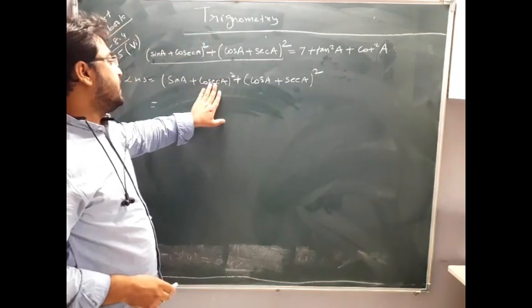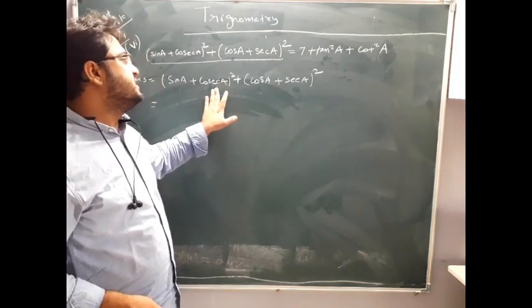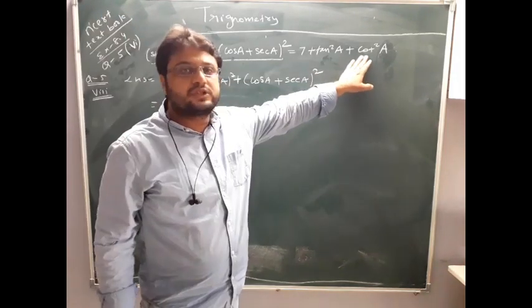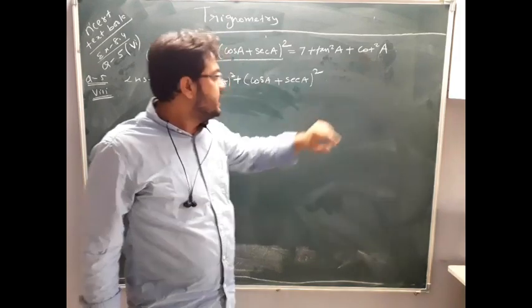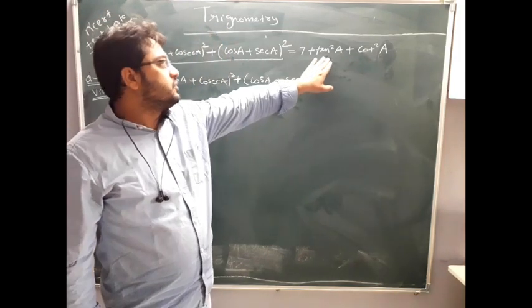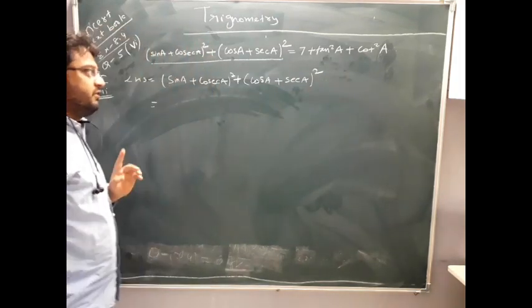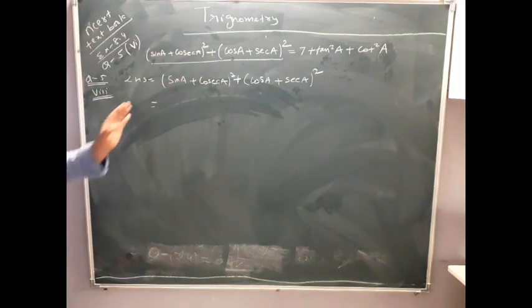So here if I get cosec square A and here if I get sec square A, cosec square A can be easily converted into cot square A because cosec square A equals 1 plus cot square A. Similarly, sec square A also can be easily converted in terms of tan square A. So sec square A equals 1 plus tan square A. So the first method only will be working, okay? We should not convert into simple terms of sin and cos. So I will start the problem now.